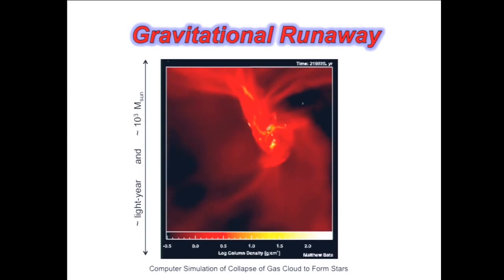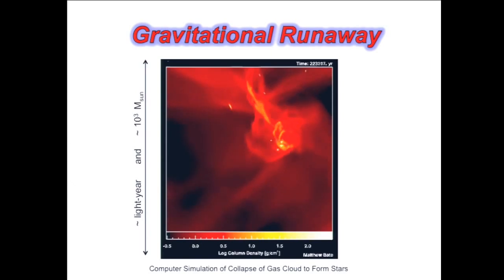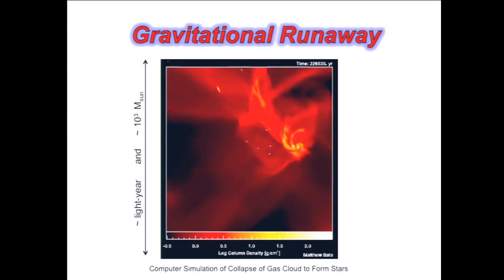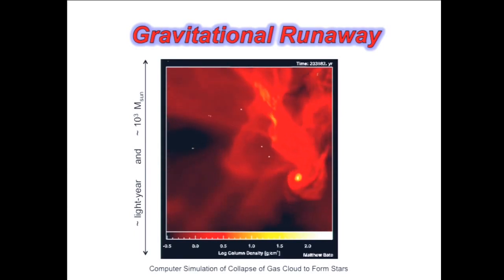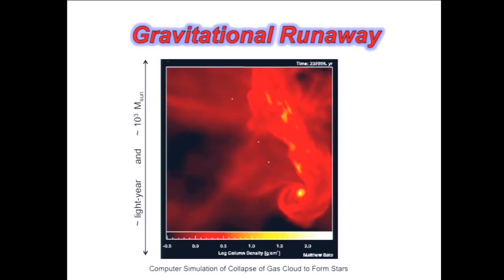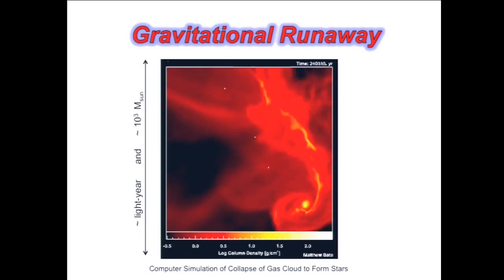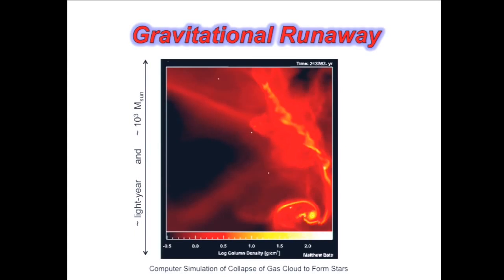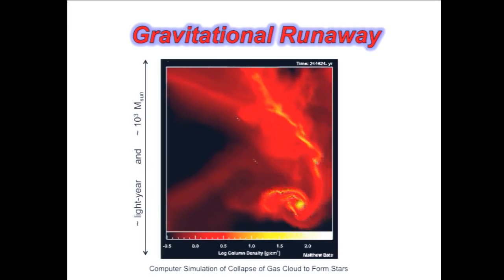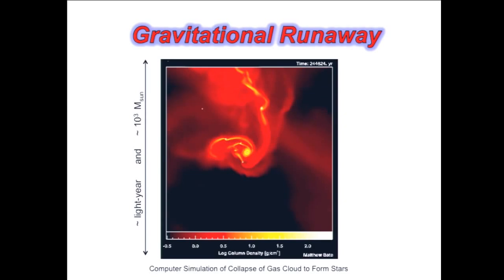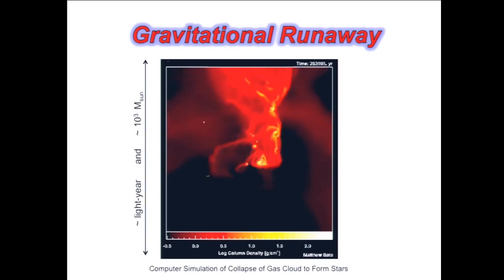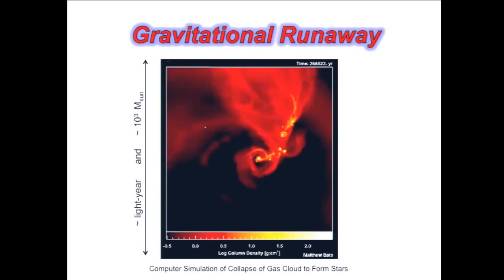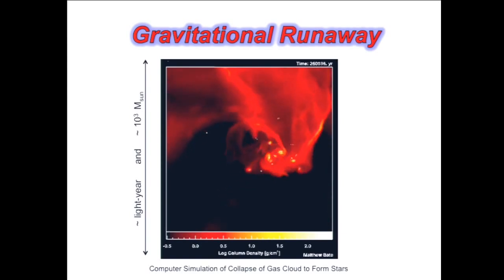It doesn't fall directly onto the star. And the reason for that is just the chances that it falls directly onto the star are very low. It's more likely that it's not heading exactly towards the star, but it's heading a little bit off to the side. And so what happens then is as it goes towards the star, it starts to rotate around the star rather than falling directly into the star. And as it falls towards the star, it starts rotating faster and faster and faster.